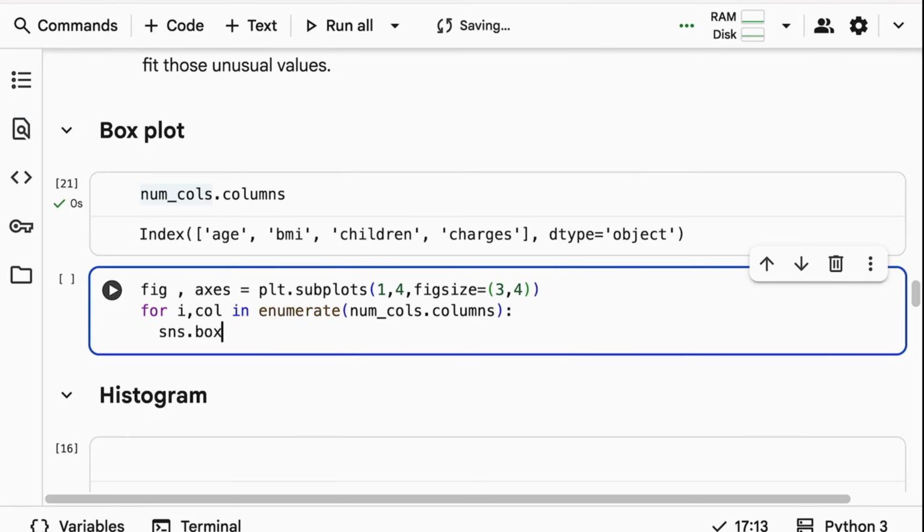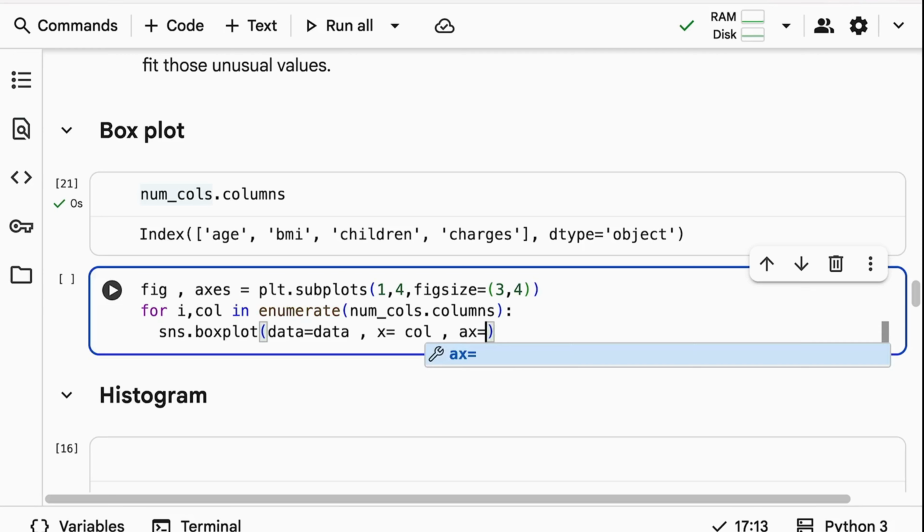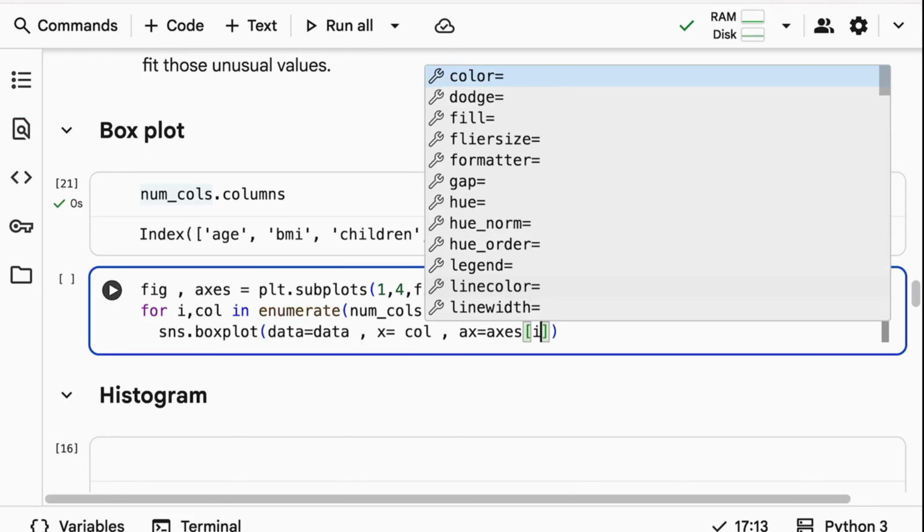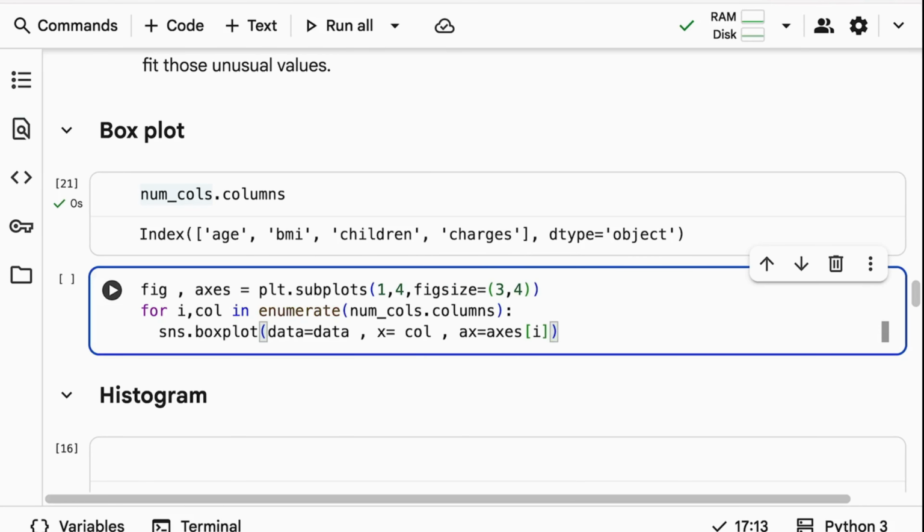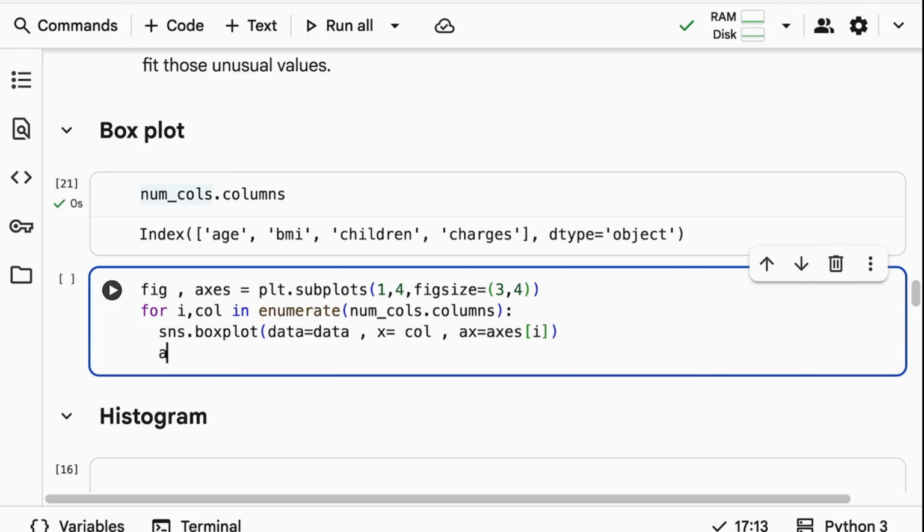Now I'm using seaborn, sns.boxplot. I'm passing data first: data equals data. Then we define x equal to the column name, and ax equal to axis of i, because i represents the graph number. i always starts with 0 indexing.